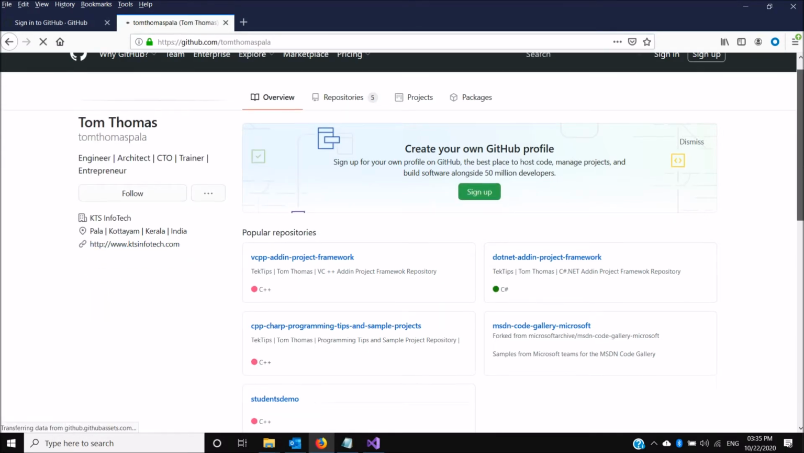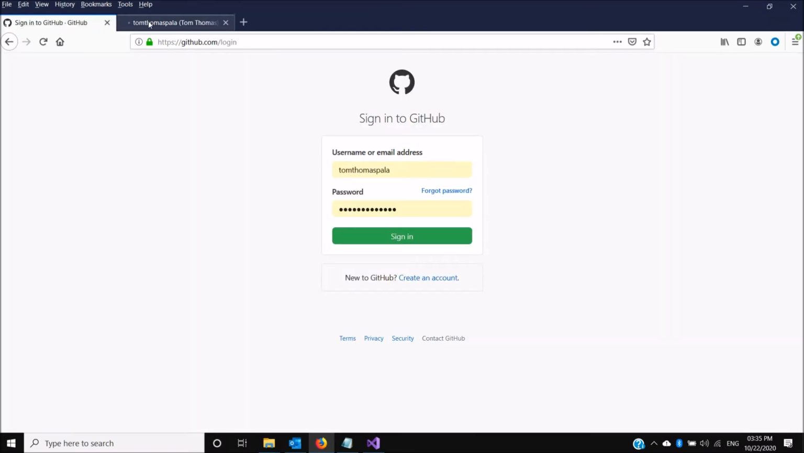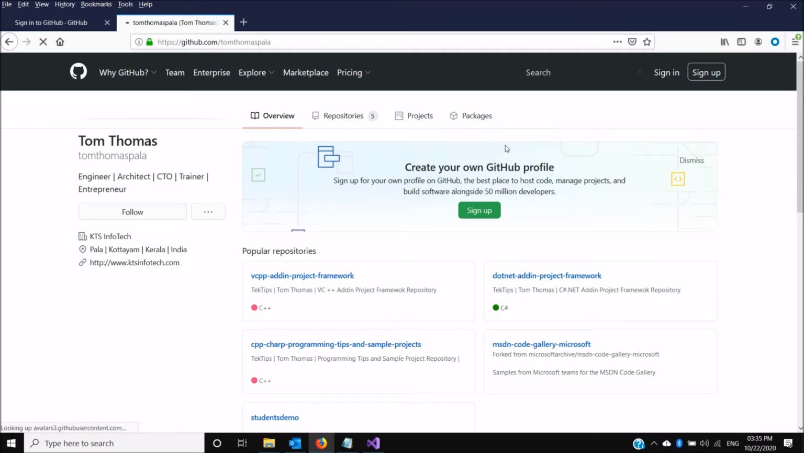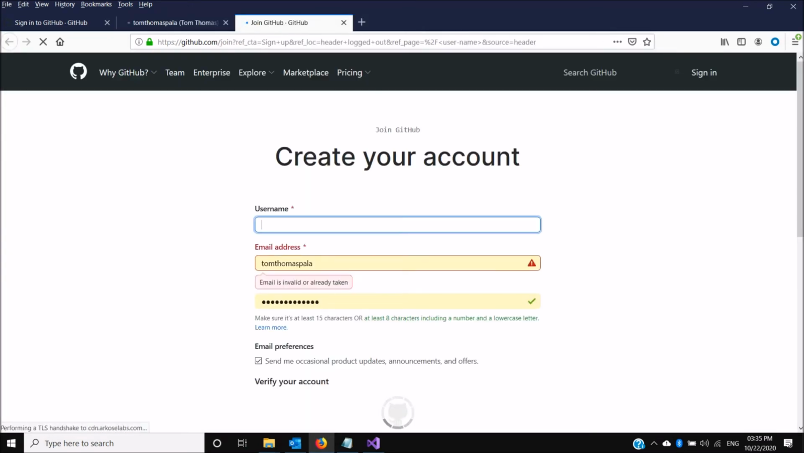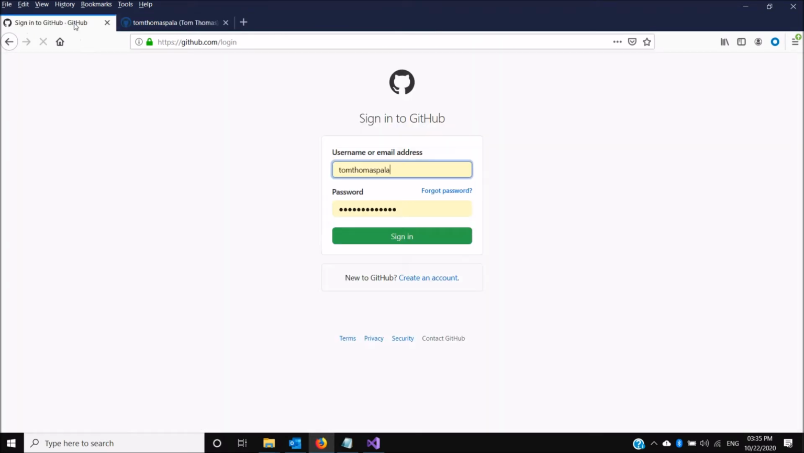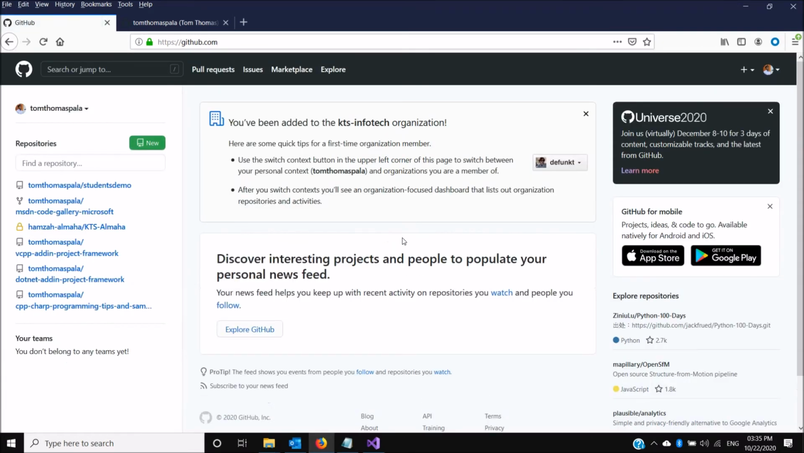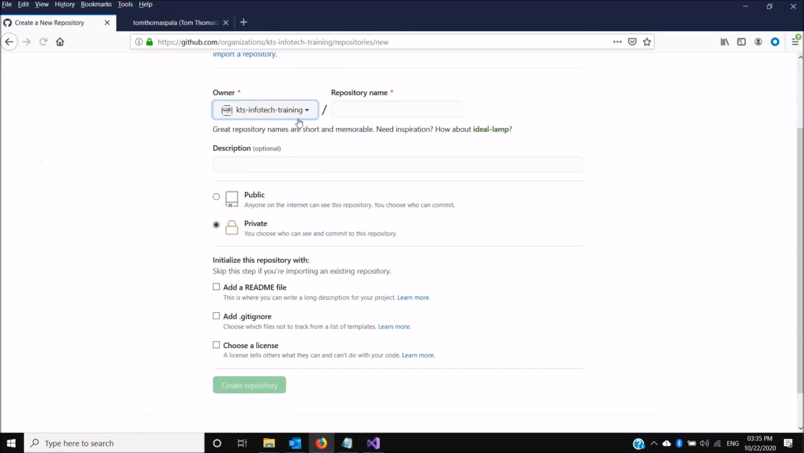If you don't have any GitHub account, you can sign up here free of cost, and you can create an account. Since I already have an account, I'm just going to my GitHub account. Then I want to publish it in the KTS Infotech training. So I'm creating a repository here for KTS Infotech training, and I'm giving the repository name